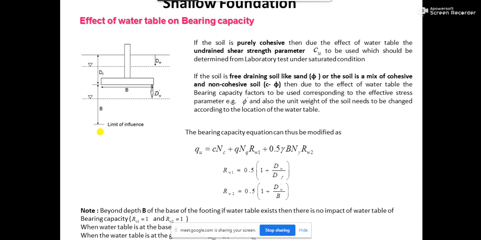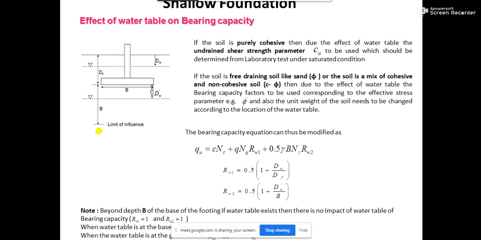Now, when this limit of influence is defined, if your water table is below the limit of influence, somewhere here, or here, or here, that means if it is at a depth below Df plus B from the ground level, or you can say if the water table is at a depth B or below from the base of the footing,